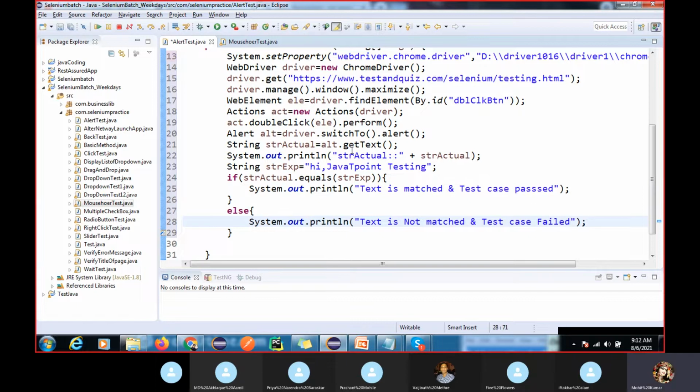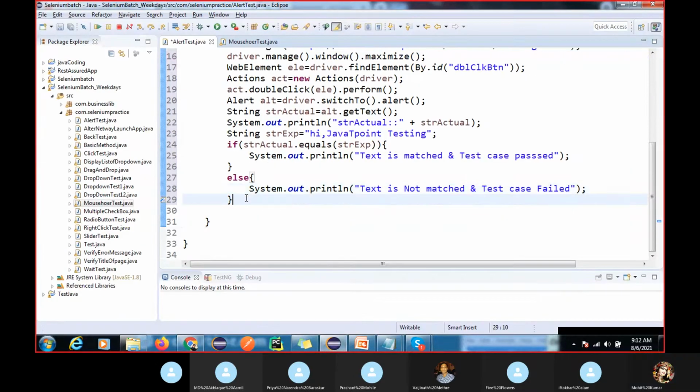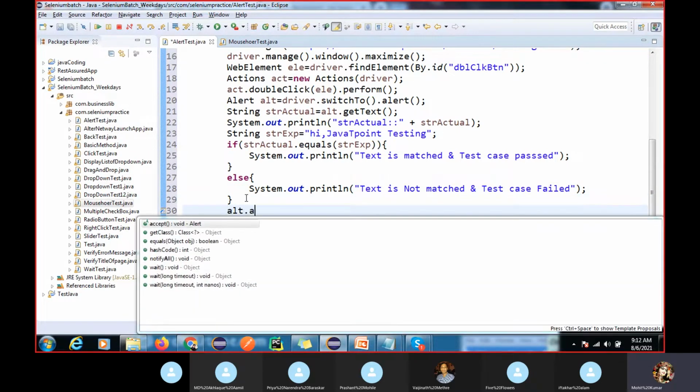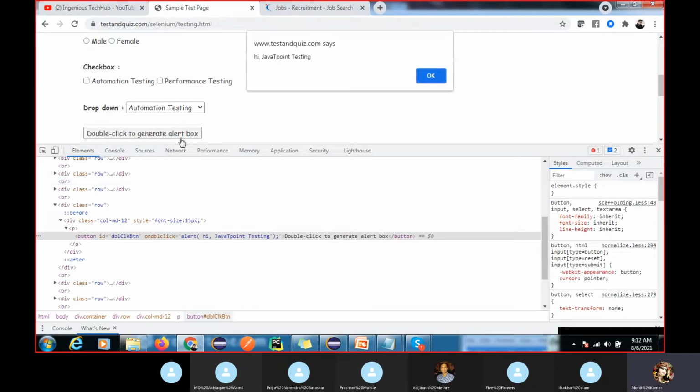Okay, and here you have to click on OK, right? So we will use the accept method. Okay, so alt dot accept. So this validation we want to do.